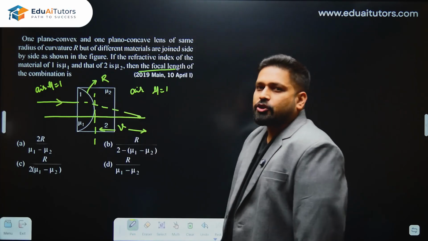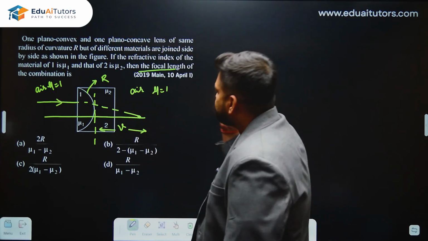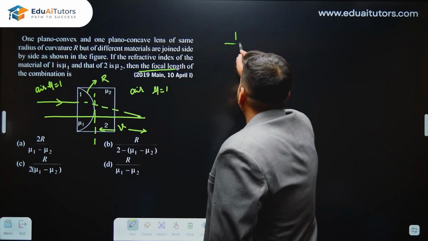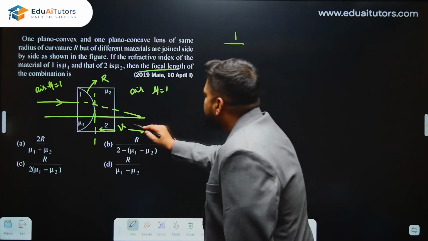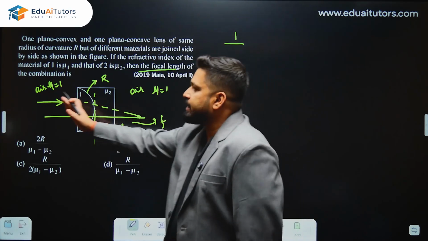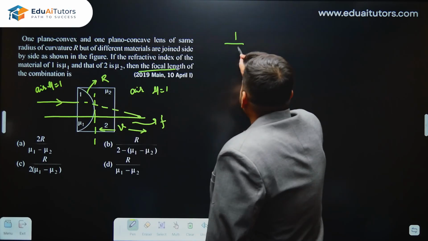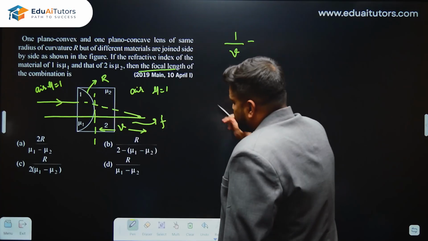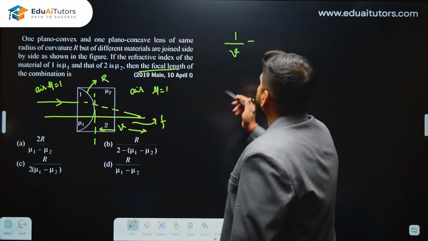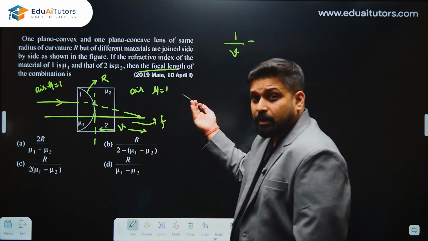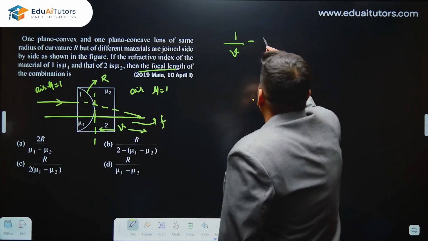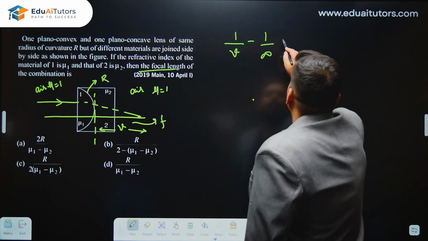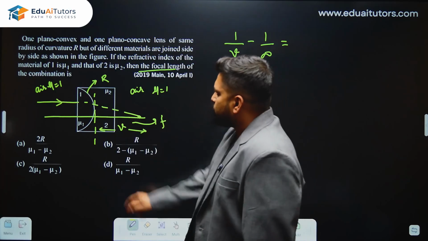All right. Now let's use our equation. What was the equation? If you recall, first of all, the medium where the image is being formed, air, divided by V. V is nothing but F for us, isn't it? Because the light is coming from infinity. So 1 by V minus, where is the object located? The object is located at infinity because the light ray is coming from infinity. That is why it is parallel. So minus, in which medium? Air. So 1 by infinity is equal to,